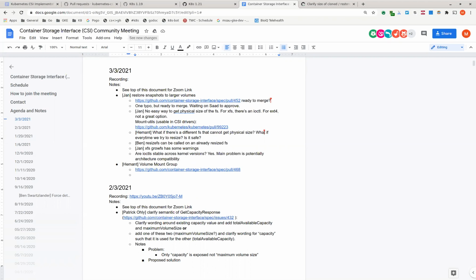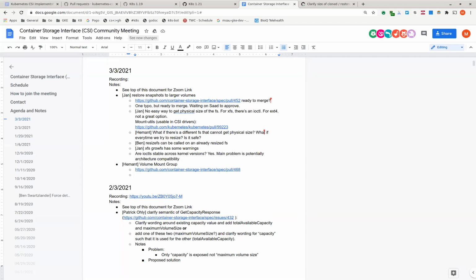Right. But if you ship the xfs_growfs binary in your container, then it will be stable for the life of that container, which is what we do. The binary could change from version to version, but if you ship a version of the binary with your CSI plugin, it's guaranteed to be stable within that CSI plugin. So you can do the ugly parsing thing and just deal with it. It hasn't been that bad. I too would prefer something nicer, but I don't see it as a practical problem.